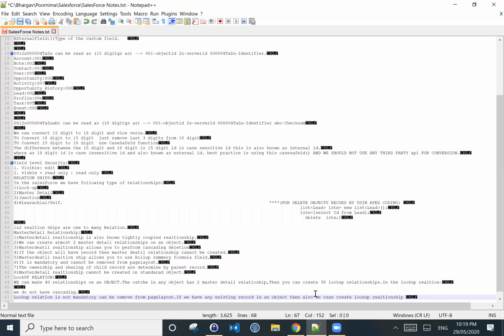You can create a lookup relationship in both standard as well as custom objects.